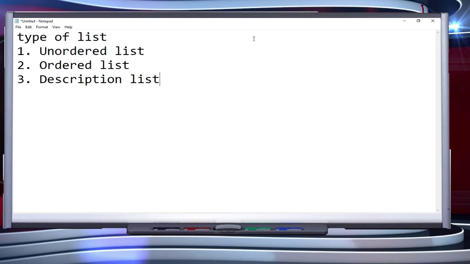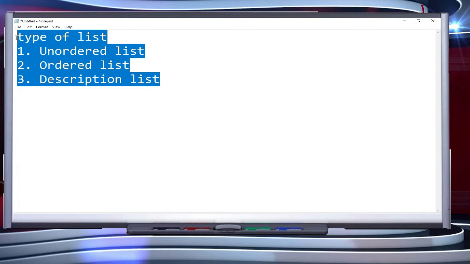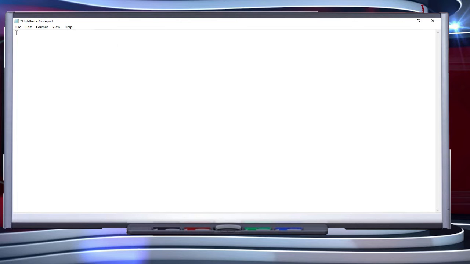So let's now start with the unordered list, which is the first type of list. As we want to create this in HTML, we will write the HTML opener tag. Similarly, we need to close it because it is a container tag. Head, close head, and here we will be using title.